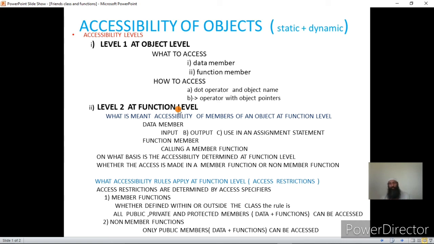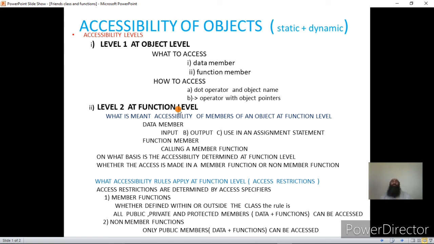This we have seen. So for member functions there is no data hiding. The data hiding only exists for non-member functions. That is, the non-member functions cannot access the private and the protected part of a particular object. Then how do we overcome this? How do we make a non-member function capable of accessing those data members and functions which have been declared private and protected?